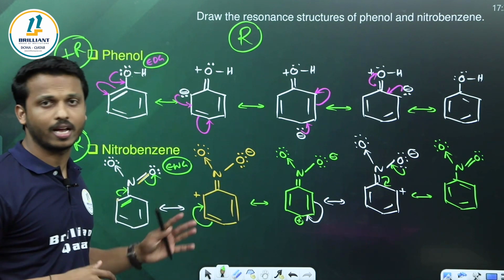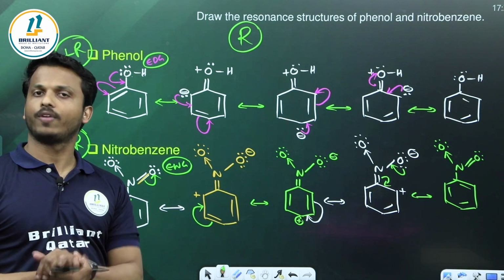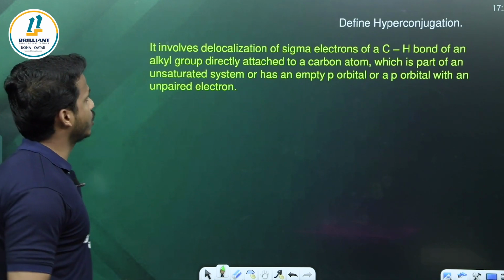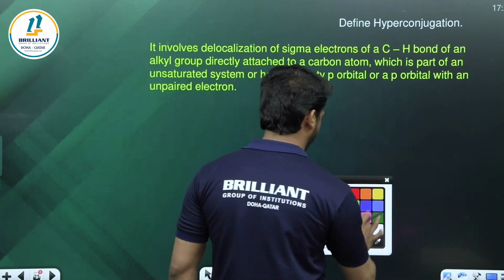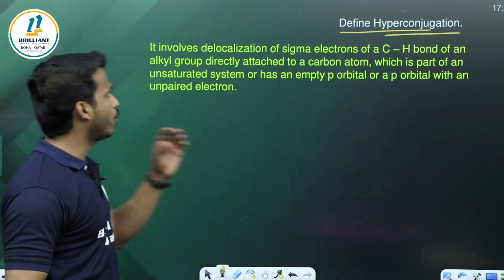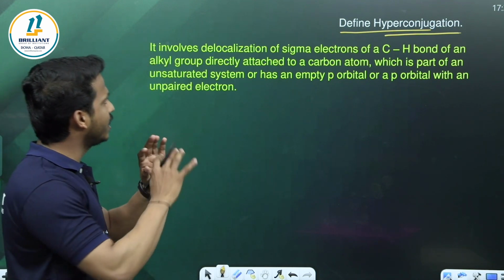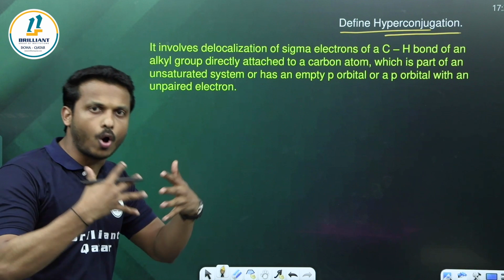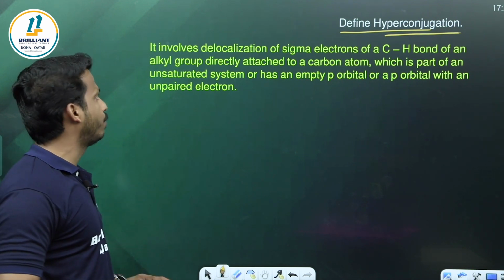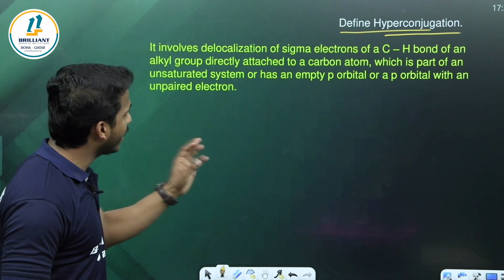They definitely ask you to draw the resonance structure of any aromatic compounds containing benzene. Okay, next one. Define hyperconjugation. Hyperconjugation involves the delocalization of, means overlap between, sigma electrons of a carbon hydrogen bond of an alkyl group directly attached to